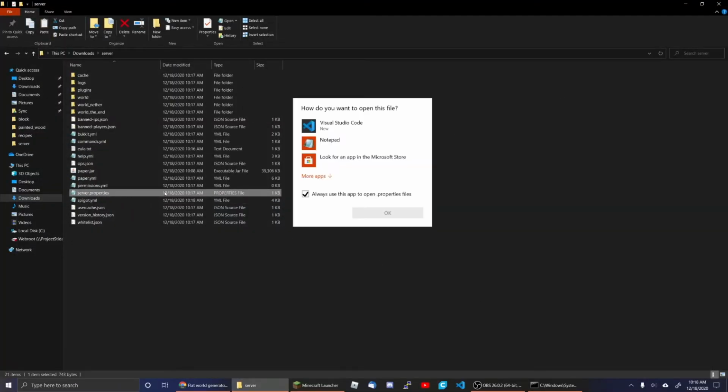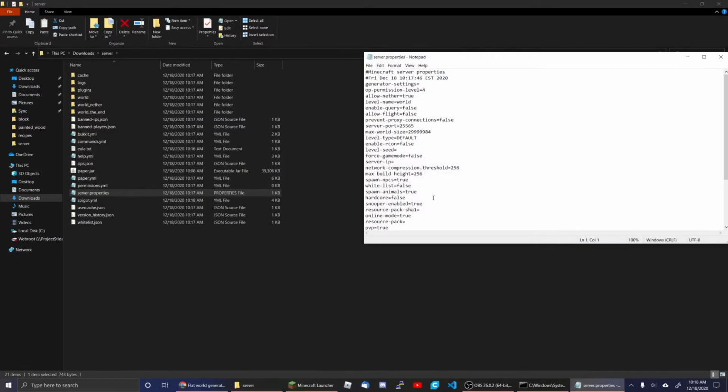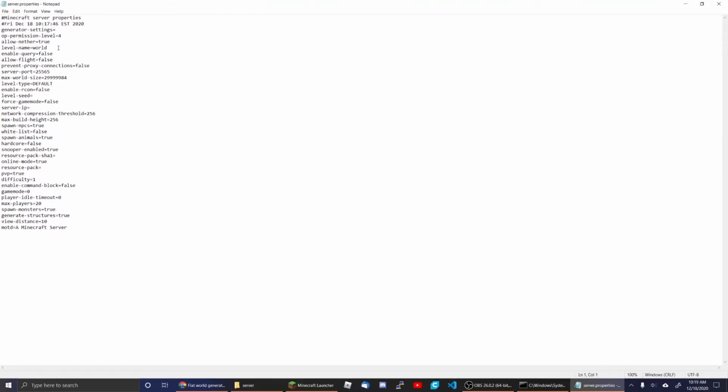Now we're going to open up server.properties, again, hit Notepad. And there's a lot of settings here too. I like command blocks enabled, although we're going to have a much better way of running commands in a second. And I'm using Control-S to save my text files. We don't need any of these other settings, however, we will want game mode. We're going to want difficulty to be 0, and game mode to be, I'm so sorry,